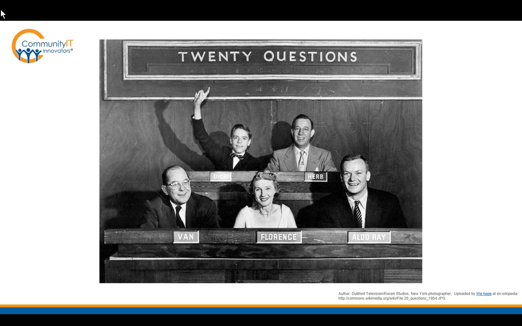Next question. One of the listeners asked if there are any guidelines for how you scale costs to the size of the organization. Are there any rules of thumb for how much an organization should be spending on IT depending on their size?